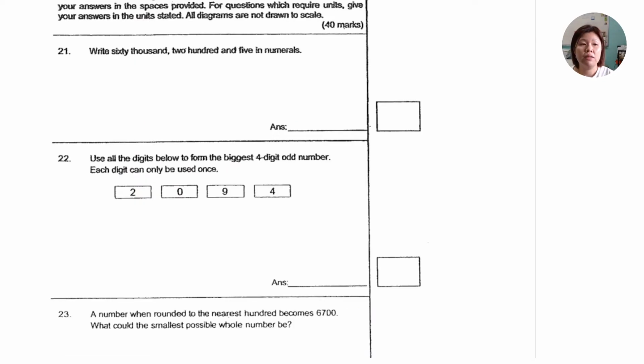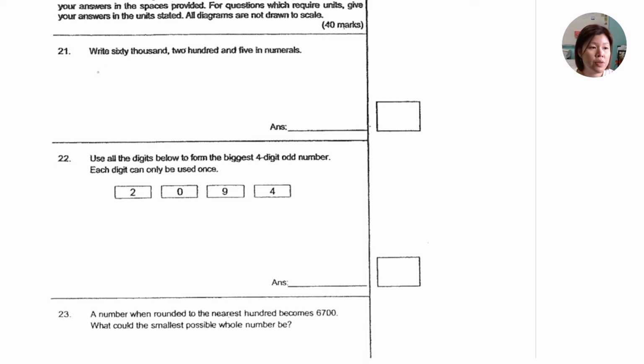Okay, we are now at section B, which is short question. So will require you to do some simple calculation and maybe quite difficult at times. So let's move on to 21, which is more simple one. Is asking for